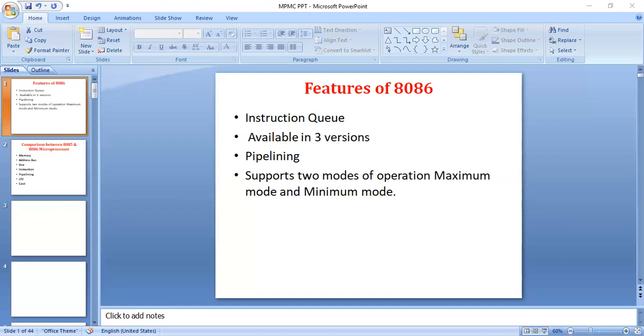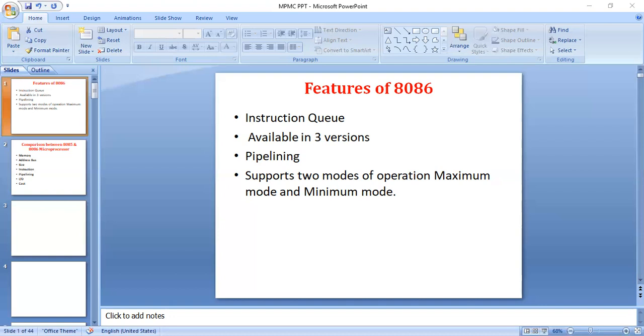So the 8086 microprocessor supports two modes, minimum mode and maximum mode.